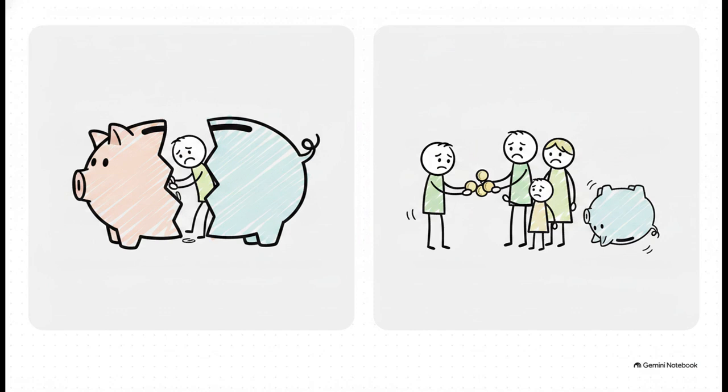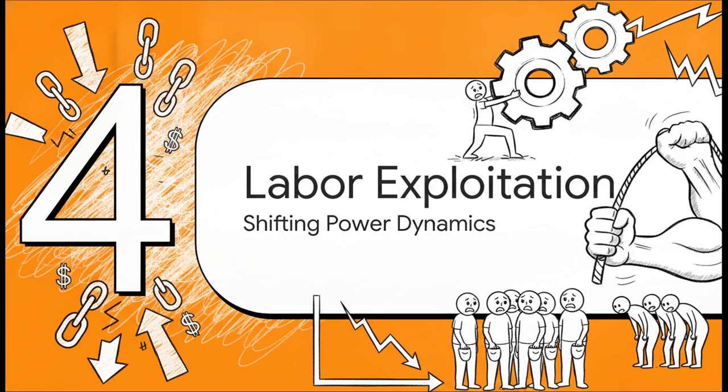Then there's the financial side, which brings a devastating two-pronged attack on savings. On one side, you have the unemployed individual who is forced to just eat away at whatever past savings they managed to scrounge together. On the other side, the employed members of their family have to step up and support them, which instantly throttles their own capacity to save. So the national rate of saving totally tanks because capital is being burned just to survive today rather than being invested for tomorrow.